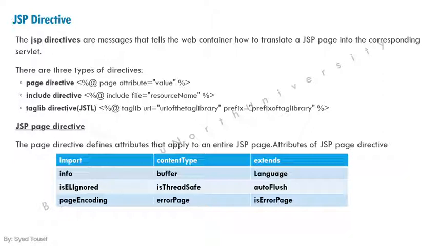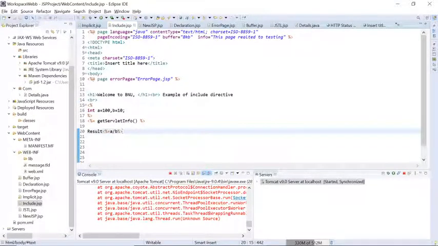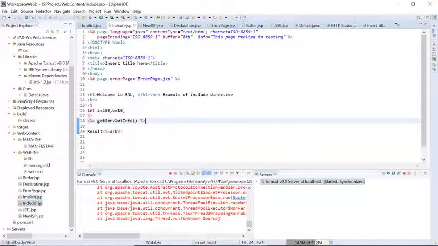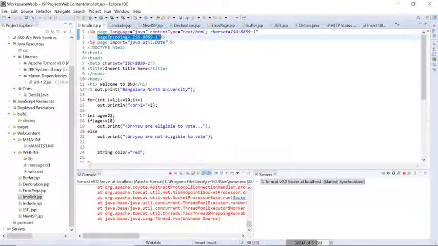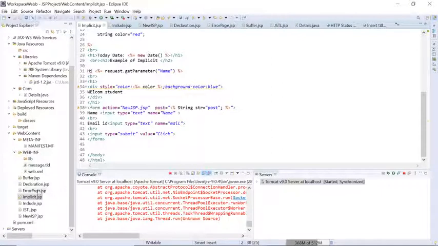Now we will go for the include directive. Both the page directive as well as the include directive are very useful and very important. Now we will check one simple example for the include directive. You can check out what I am doing. In this include page, I am just returning some result, showing some information about the servlet, and just welcome. But I want the complete functionality as it is there in this page. So what I need to do, I need to create the complete functionality once again in this one, right?